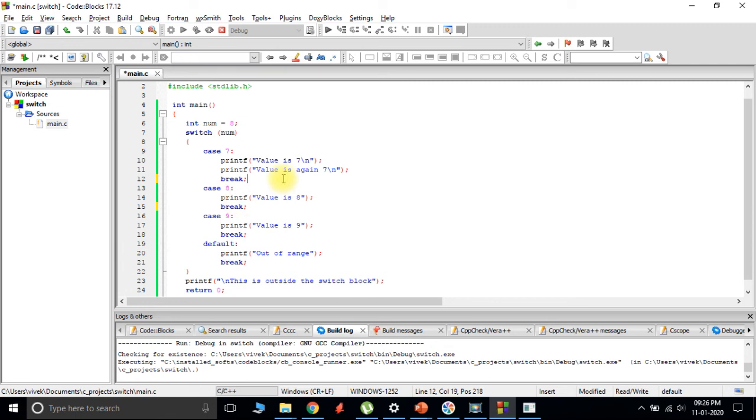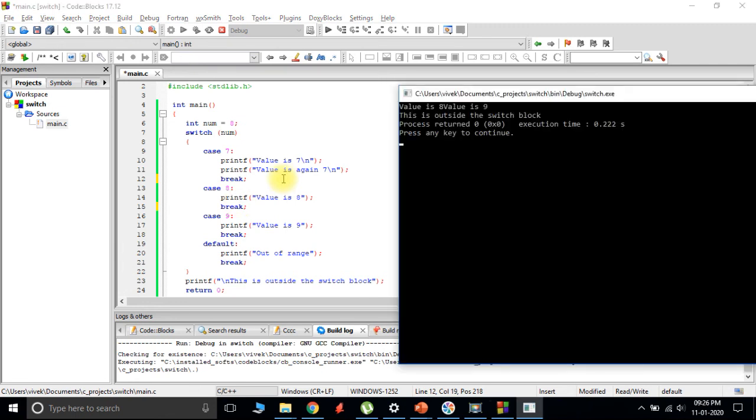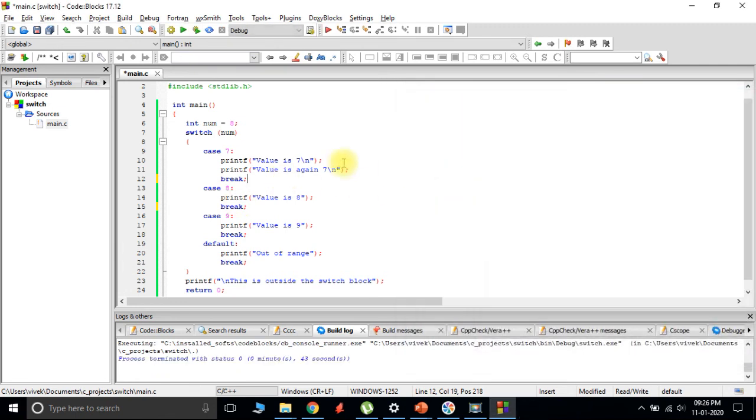This is one of the very common mistakes I've seen people make: forgetting the break statement and finding that multiple cases are getting executed. So if you ever include a switch case and find that multiple cases are getting executed, the first thing that you should check is the break condition. Are the break statements included or not?